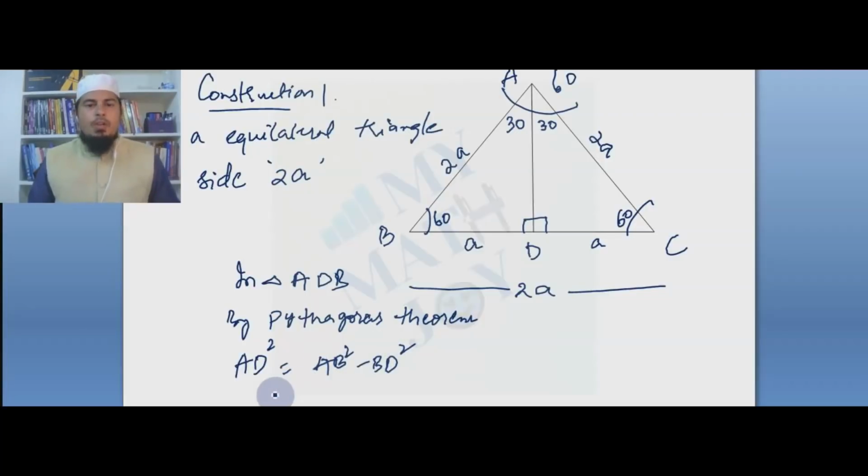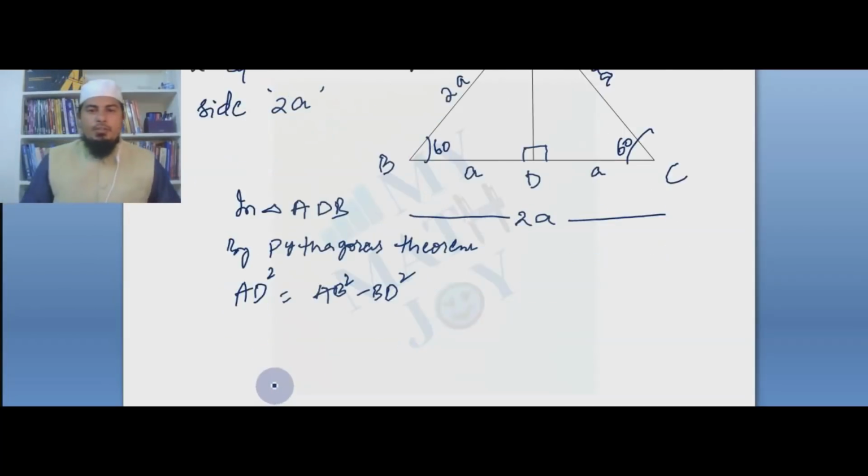Okay, we got it. Whenever we use the Pythagoras theorem, if we are taking the hypotenuse on the LHS, then it is the sum of the squares of the other two sides. If we are taking any one perpendicular side on the LHS, then it is the difference of squares of the hypotenuse and the other side. So in this way we got it.